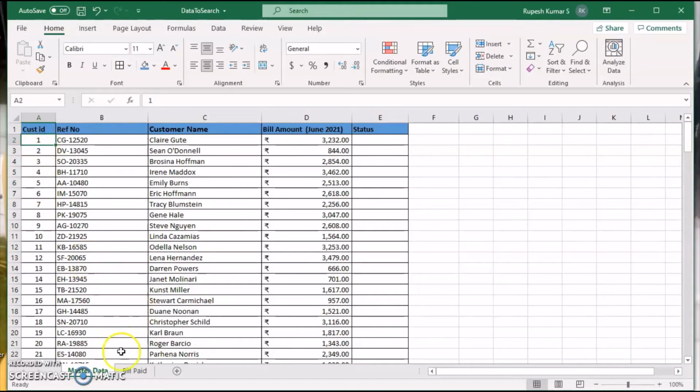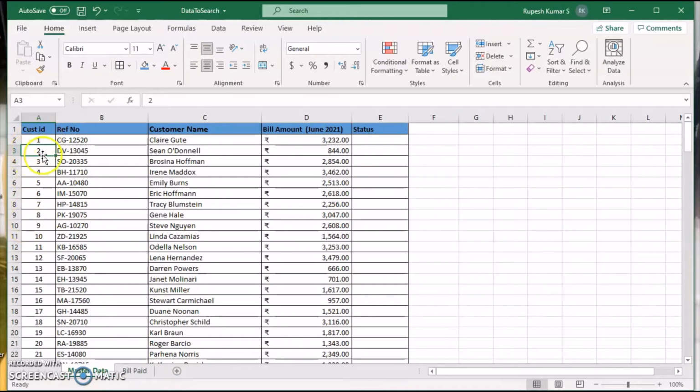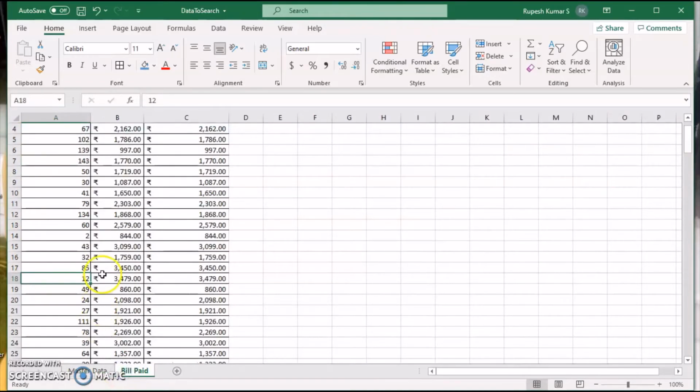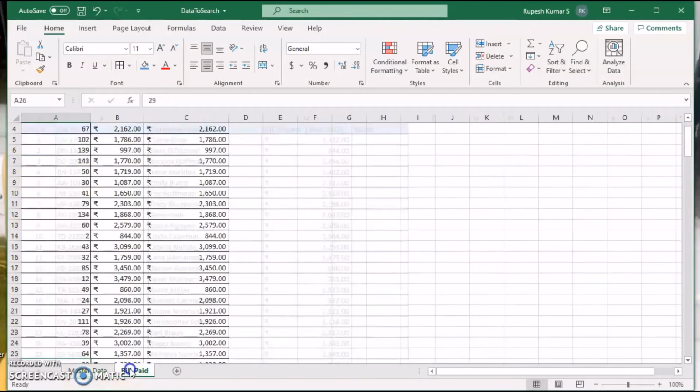Is customer ID 1 present in bill paid or not? Is customer ID 2 present in bill paid or not, and so on. If a customer ID in master data is present in bill paid, it means he has paid the bill, otherwise not. So we are going to search these customer IDs in this place.